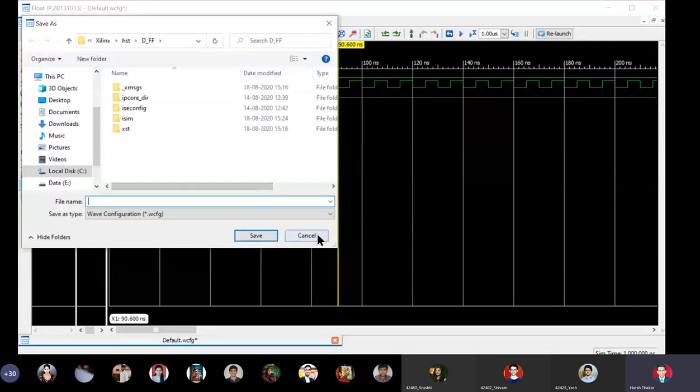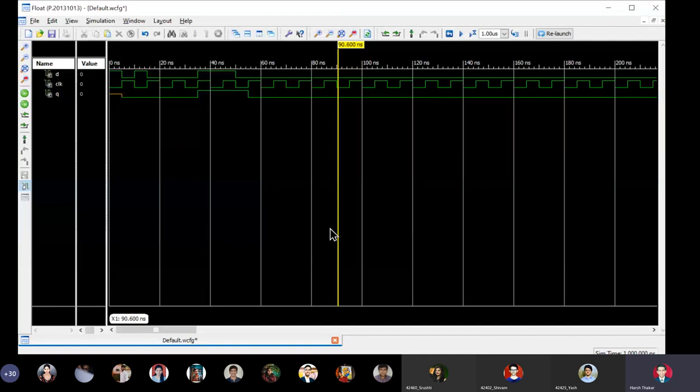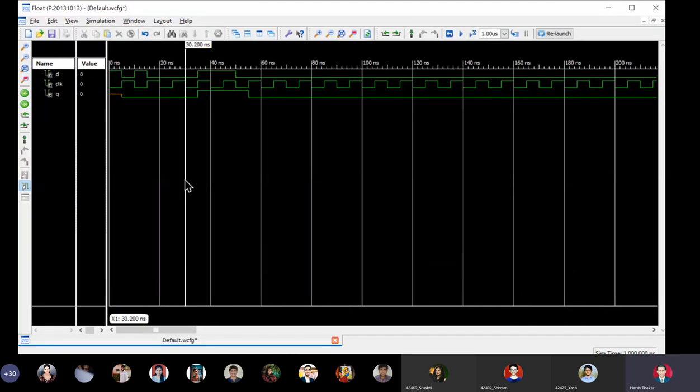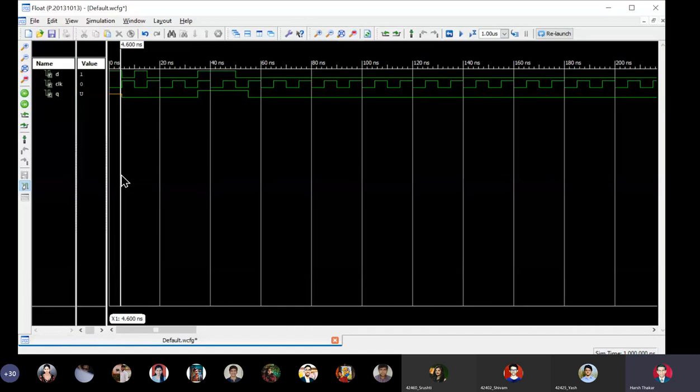Now I will explain what this thing is. One more thing: a question may be asked about a kind of break in the input. You see here, it is undefined. Please remember that the output of any digital system should be either strong 0 or strong 1. This is called strong 1, this is called strong 0, but this is something which is undefined. When my D flip-flop receives the first rising edge after t equal to 0, the output was not initialized, so it shows uninitialized.